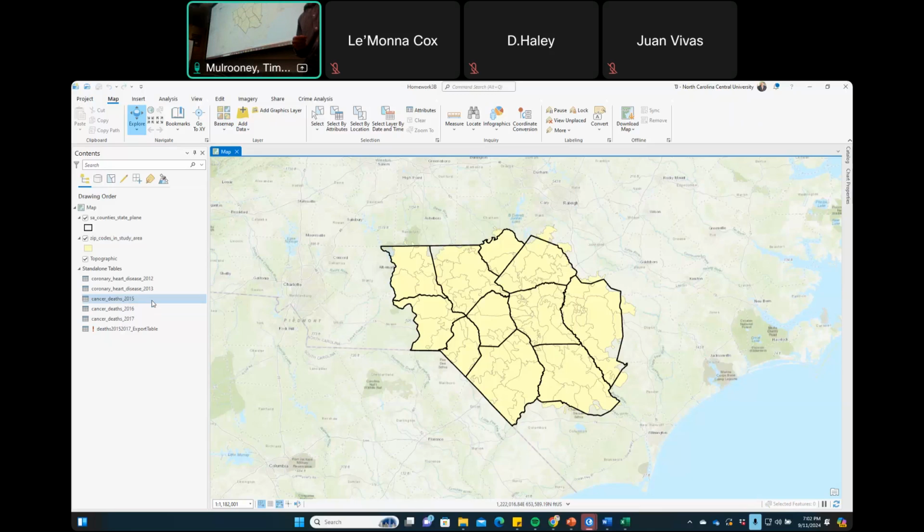Because if something goes from 8 to 16, that's a 100% change, the same as going from 4 to 8. If we did raw change, the one with the 8 is going to be more, even though they both doubled. And so you're going to calculate new columns for 2015 to 2016, or 2016 to 2017. I'll give you the choice. If you really wanted, you can go to the coronary heart disease that we did last week. Now, remember, didn't we group it all together, if I remember correctly?